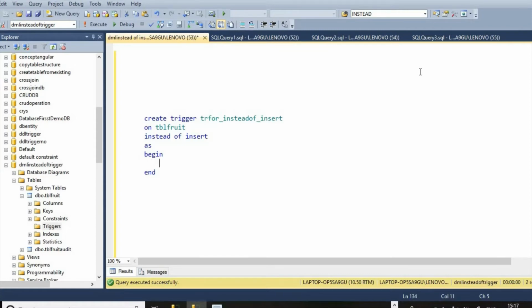Here we can give any statement to show the end user any message. Print instead of trigger fired for insert event.